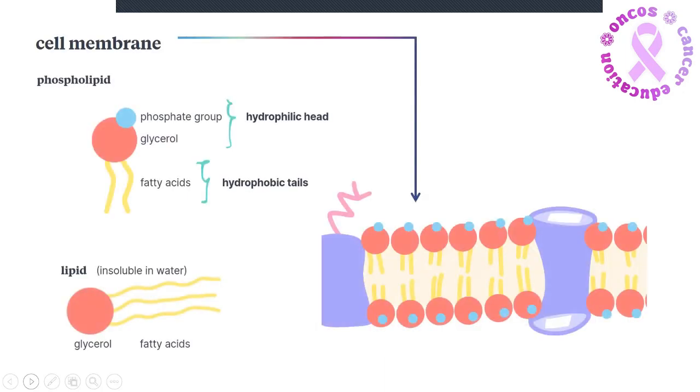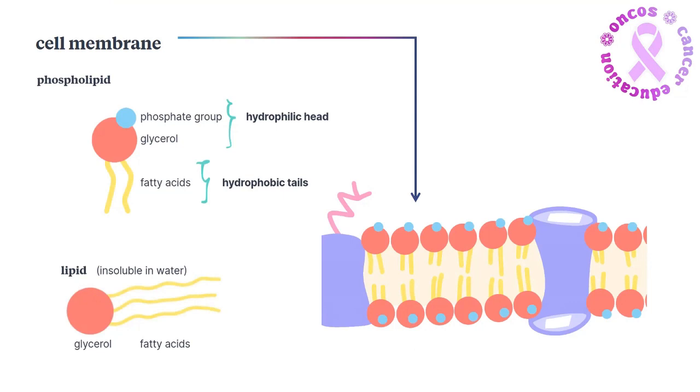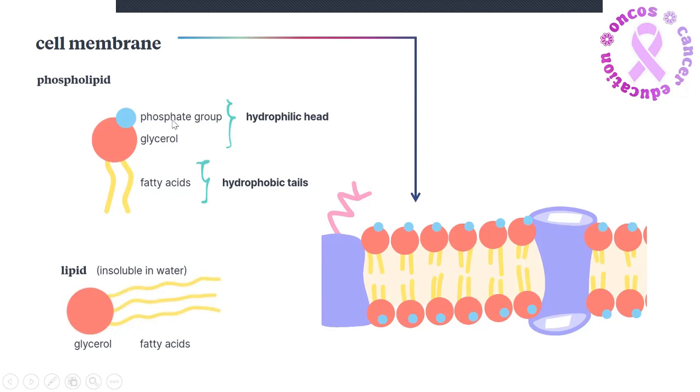So let's talk about cell membranes. First, let's know two things. So lipids, which I was talking about earlier. This is the glycerol unit and the three fatty acid chains it is attached to. Lipids are insoluble in water. Next are phospholipids. Phospholipids are made of one glycerol molecule attached to two fatty acids attached to a